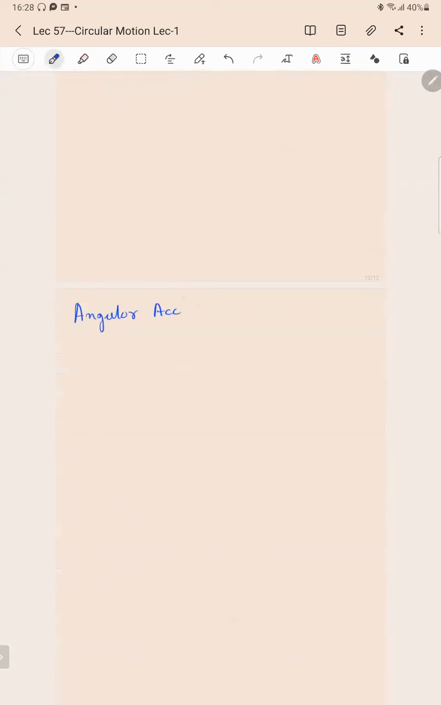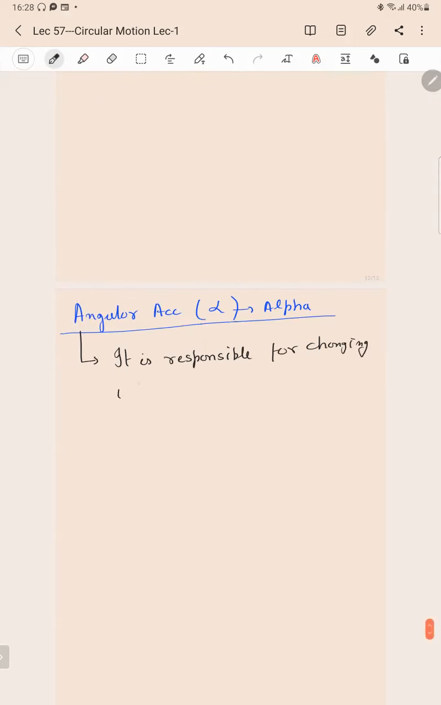Angular acceleration, it is alpha. So let us discuss its attributes. What possibly it could be? It is responsible for changing omega, a very important thing, है ना? It is responsible for changing omega, because acceleration is responsible for changing velocity. In the similar manner, alpha is responsible for changing omega, and it is defined as